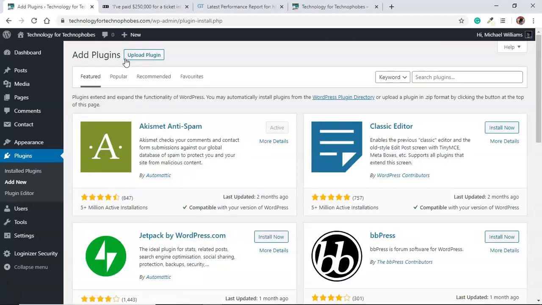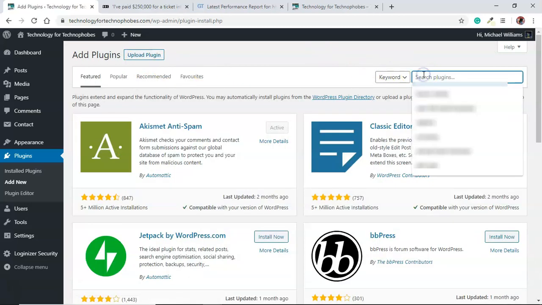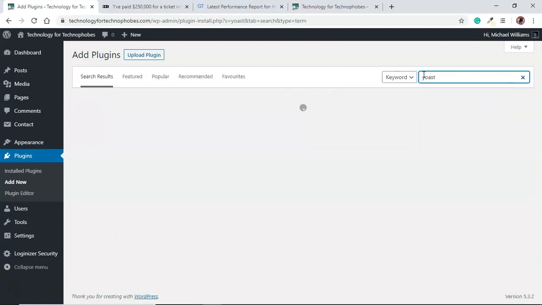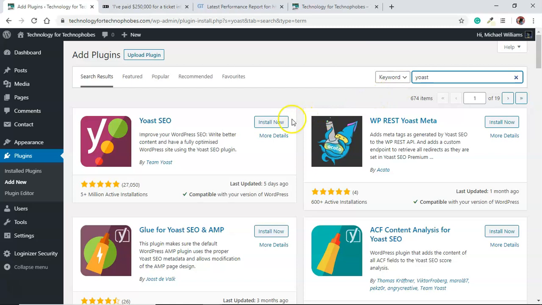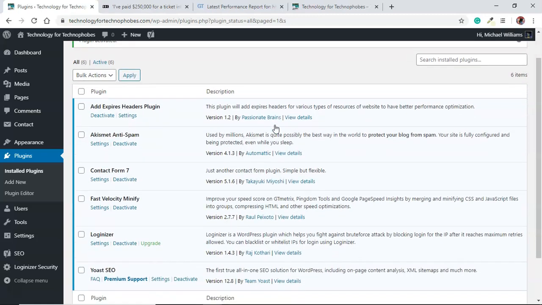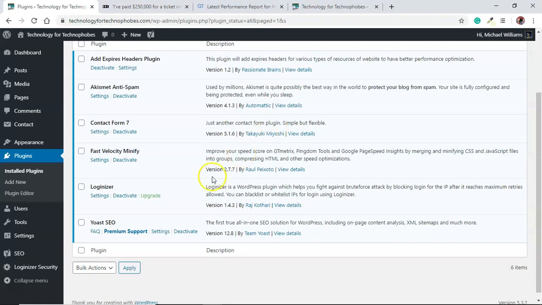Now, the first one I want to show you is Yoast. I'm going to try and do this quite quickly, so you can, of course, watch the video again and again if you need to. Yoast is a great plugin for making sure your articles are looking good. Now, if you go into settings,